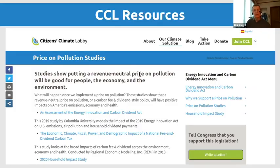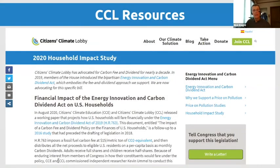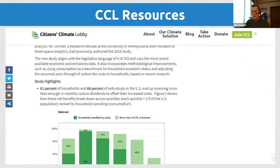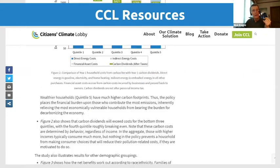you'll see this page. And if you scroll down, you'll see this entry at the bottom, the third one from the top, saying 2020 Household Impact Study. You click that, and it takes you to this page, titled appropriately 2020 Household Impact Study. And if you start scrolling down, you'll see all the basic information about the study, along with the charts I just went through. And then if you keep scrolling down,